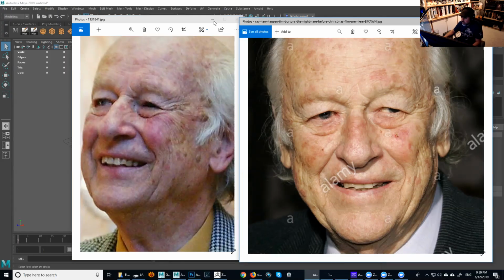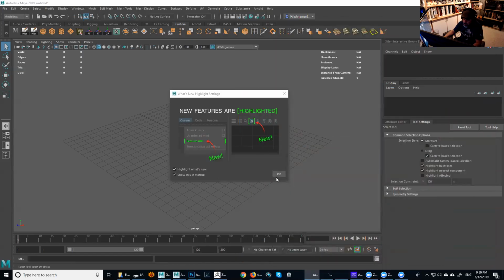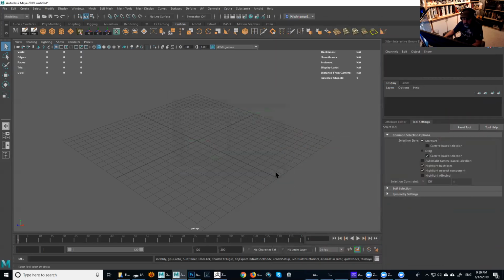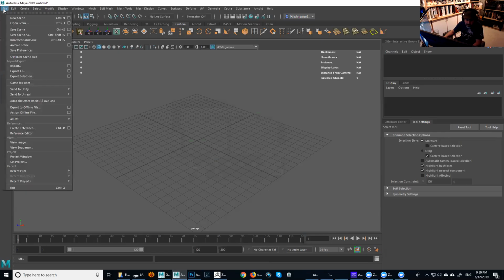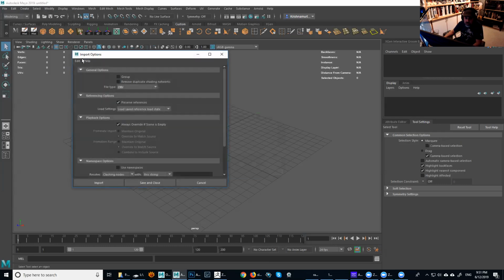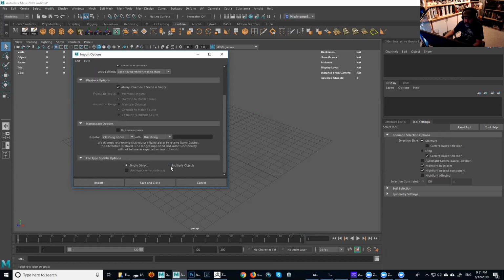So I'm going to start neutralizing more and more. So here's Maya, and the first thing I'm going to repeat, I already said in the first lesson we had, but I'm going to exhaust this because it's very important. If you go to the import OBJ options in Maya, if you never set this up, make sure you go down here and switch from multiple objects to single object.